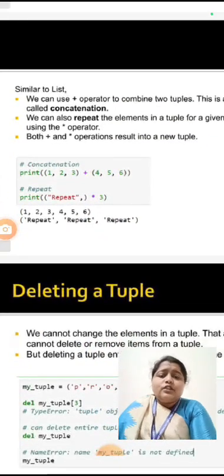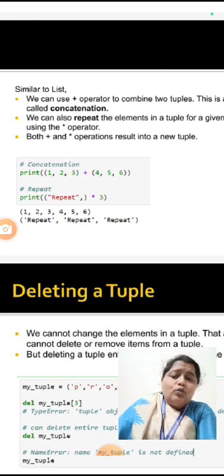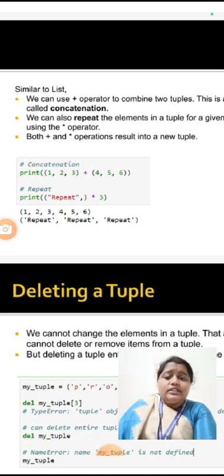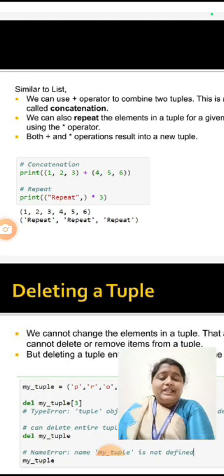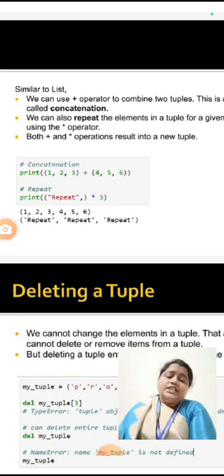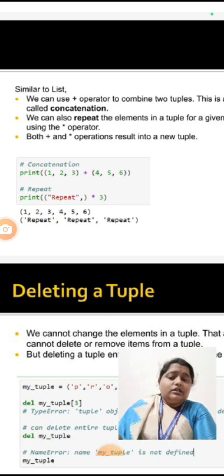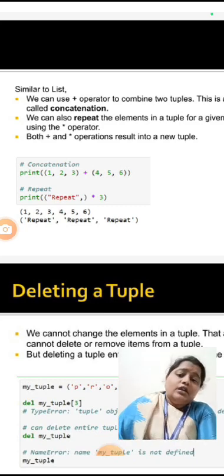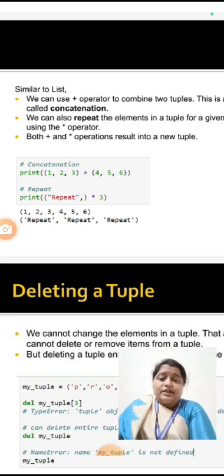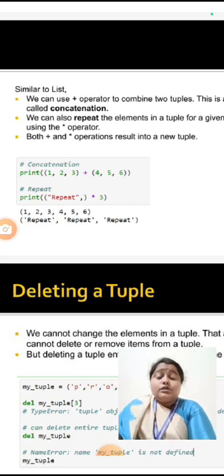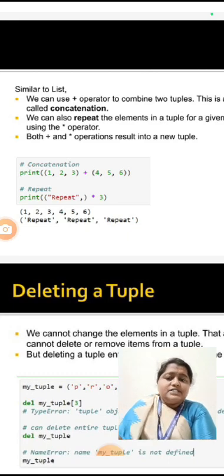Next, we are going to see the operations which are carried out on tuples. Here two types of operations are carried out, that is concatenation and repetition. Concatenation is carried out using the plus operator, whereas repetition is done using the star operator. Both operators can also be combined and used. Okay, first we can see what is